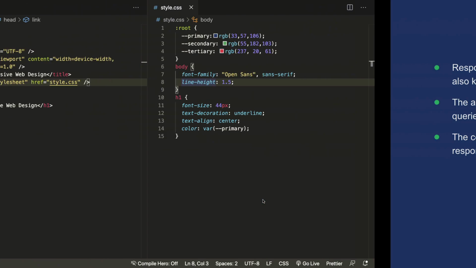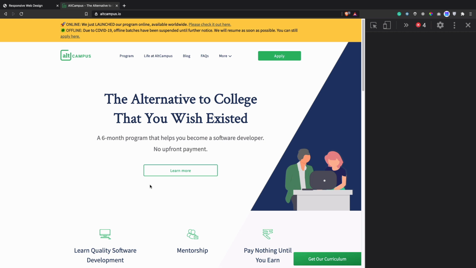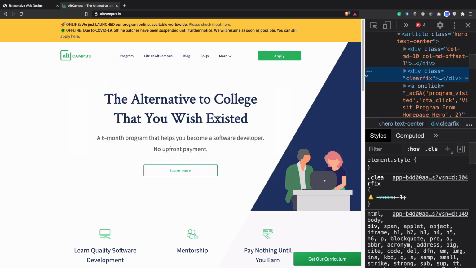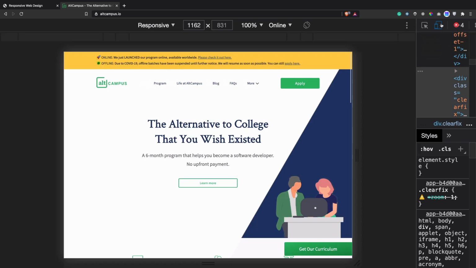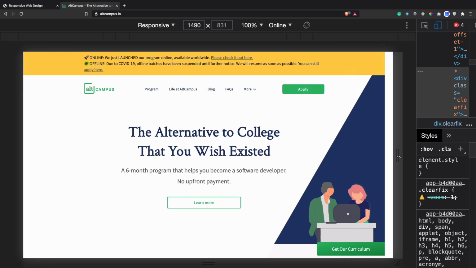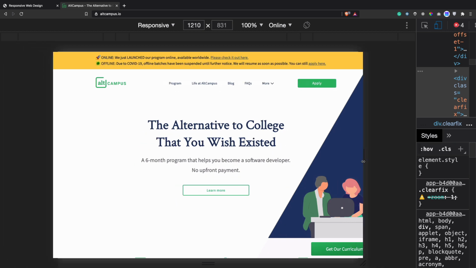Let's check out the All Campus website once again. Let's inspect it here and let's reduce the size of the developer tools. Now we will check the responsiveness, whether our page is responding according to the changes or not. From here, let's reduce the size of the screen. Okay, nice.